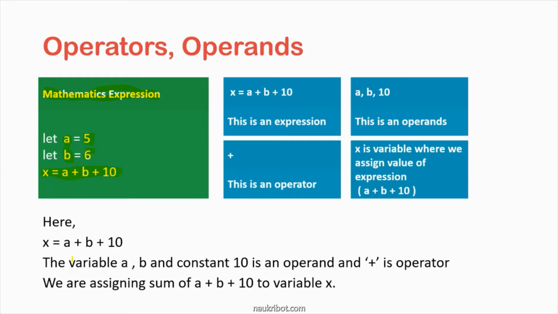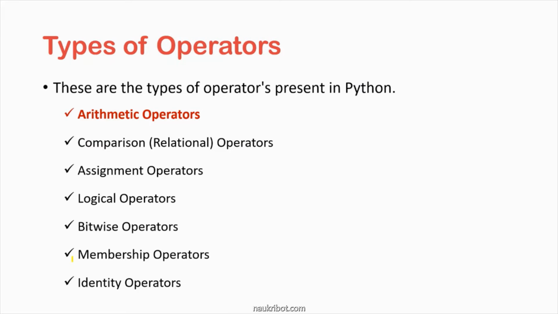Now we understand what an operator and an operand are. So what are the types of operators present in Python? These are the types of operators present in Python. The first one is the arithmetic operator. The second one is